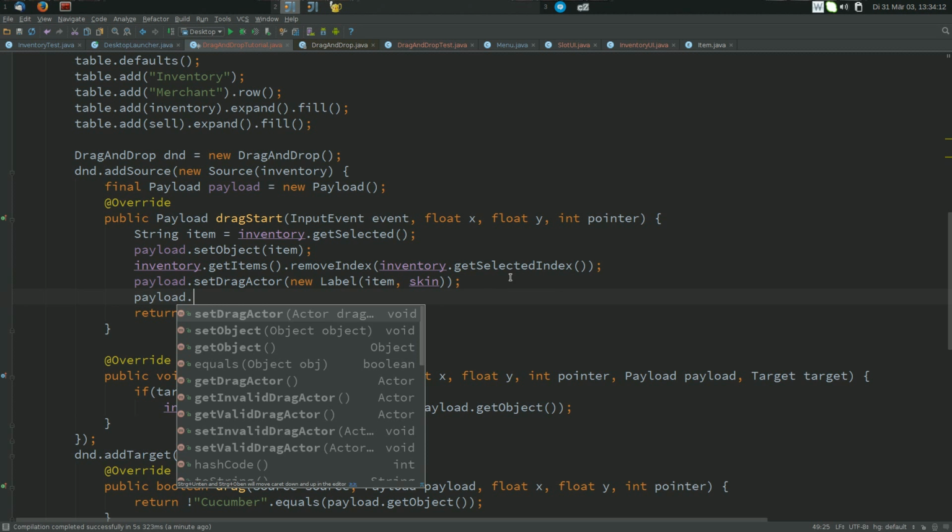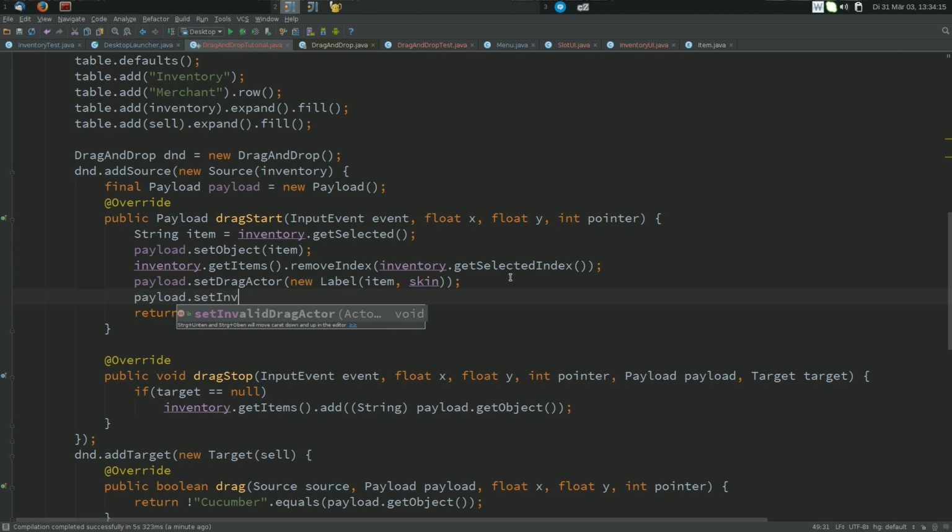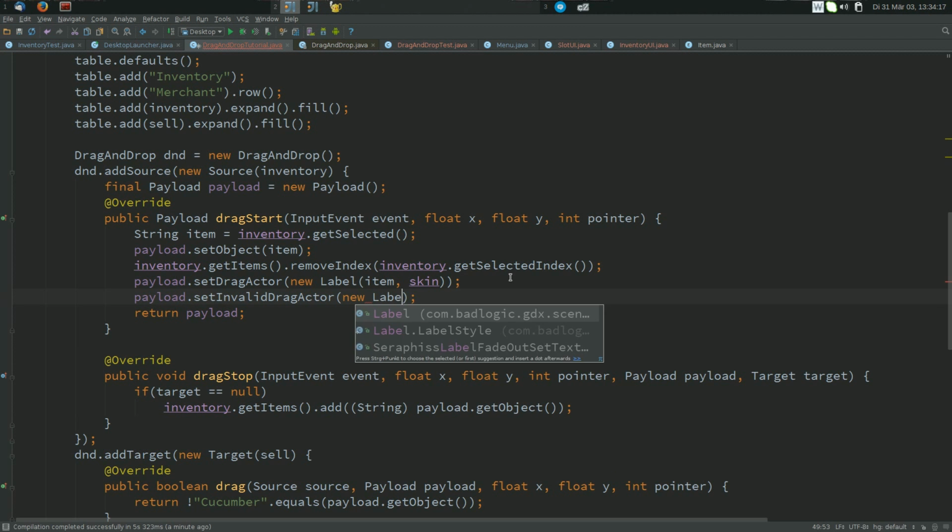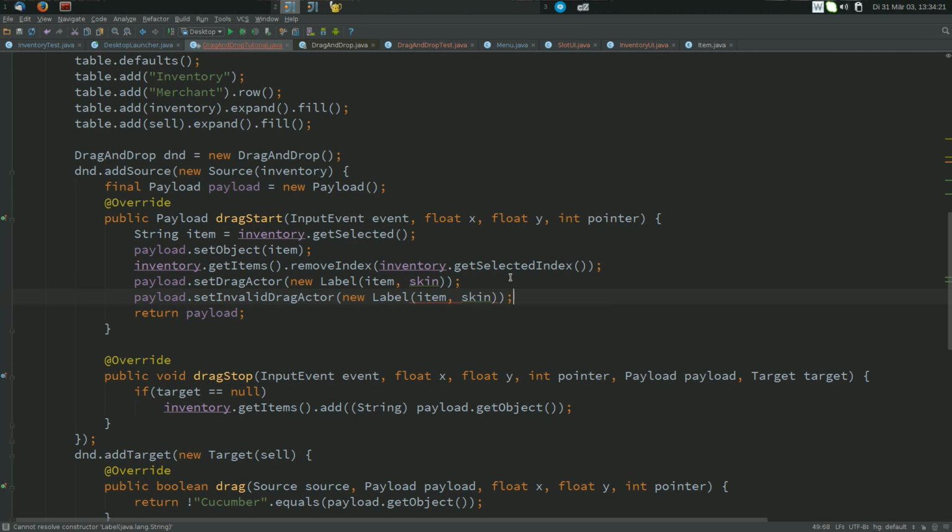Payload dot set invalid drag actor to a new label item skin. Now, of course, this is exactly the same. So I don't know if the label's bitmap font's markup thing is enabled, so we may find out. We could try to make it red, but in case it's not enabled, let's just say